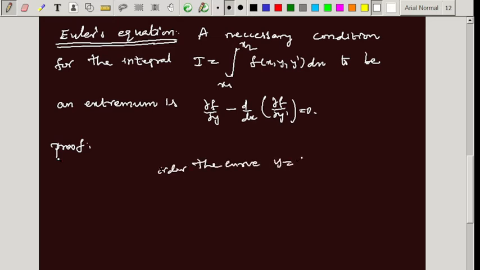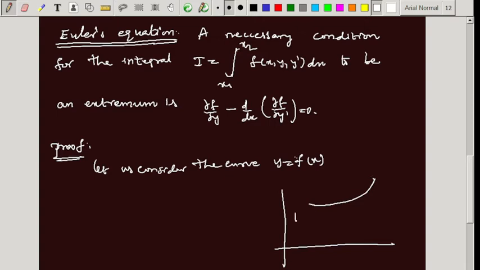So here consider the curve y equal to f of x. So it is a curve. So we draw the curve. So this is P and this one is Q, and we write that this is x1 comma y1 and this one is Q at x2 comma y2, and we have another curve, a neighboring curve. We draw that so that at the two points P and Q the neighboring curve meets, so that here we have another curve.